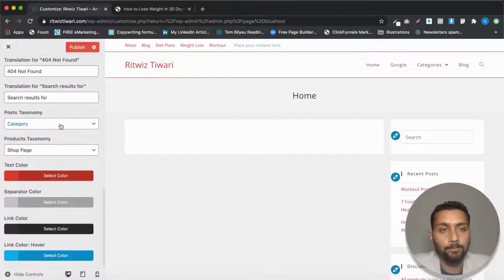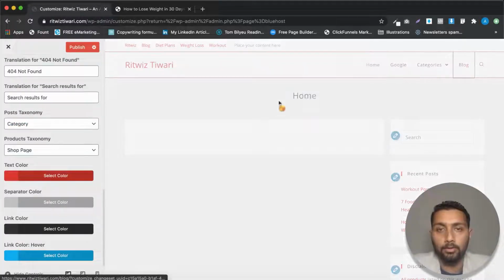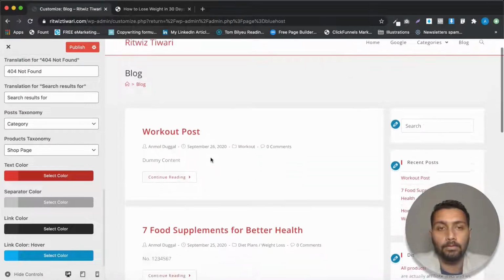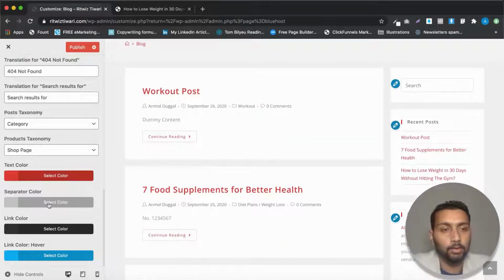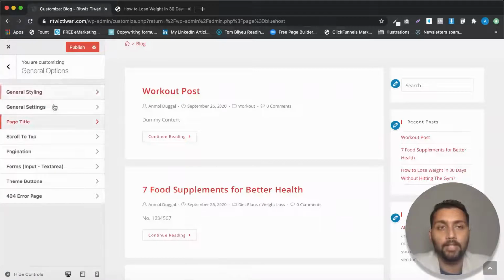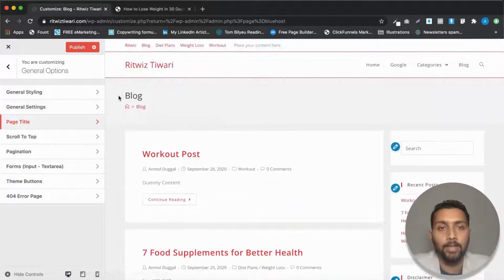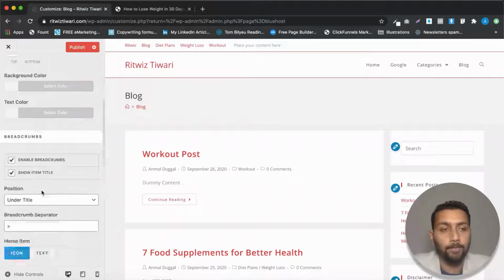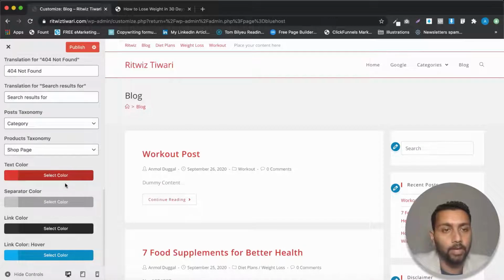Let's just open up the blog page because the home page is currently empty. So the separator color, the link color, hover. You can see that all these options you can change for the page title. These are all the settings for the page title. Let's just check something else as well.